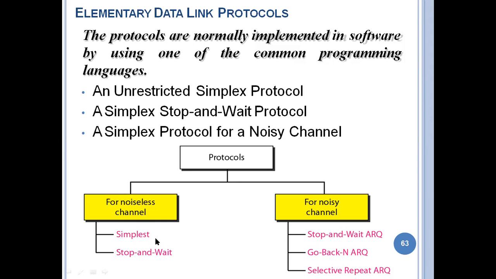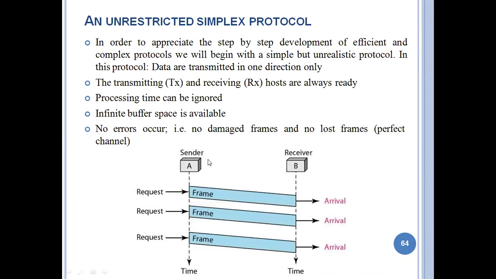So these two are simplex protocols. Simplex protocol means the sender always sends and the receiver always receives, so only unidirectional, one-way data frame transmission. There is no possibility of error occurring, no damage. This is called simplex protocol. Here we use simplex protocol over a noiseless channel, with no disadvantages, no damages, no errors. So that is simplex protocol.